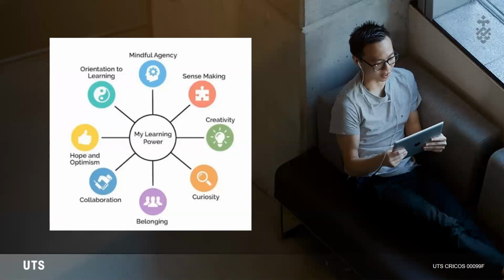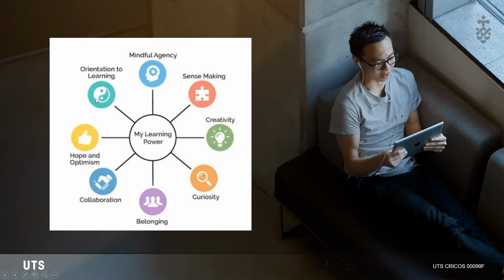When I ran this program with the Australian Council of Engineering Deans, I thought it was very interesting that their average level of hope and optimism was very low. It was actually lower than our first year student aggregate, which made me feel a bit sad for the deans. So next time you see your dean, maybe be a little bit sympathetic with their situation. They also rated quite low on collaboration and belonging. So anyway,